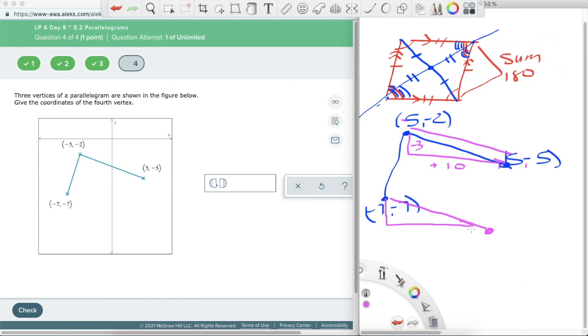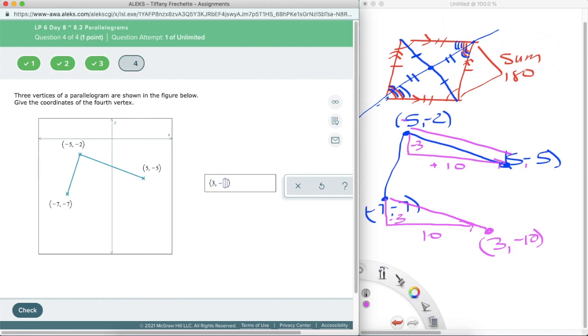So I want to go down 3 and right 10. So I started at -7, so -7 plus -3, well, that's going to be -10. And then for my x, I started at -7 and I'm going to add 10, so that's going to be 3, like that. So I'm going to go ahead and type this in, 3 and -10,